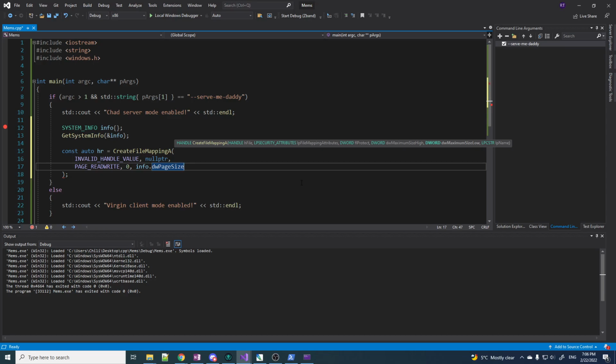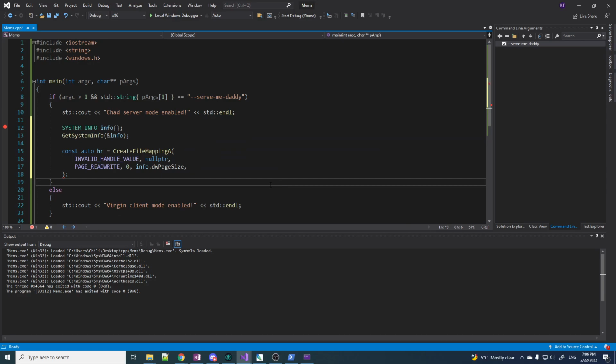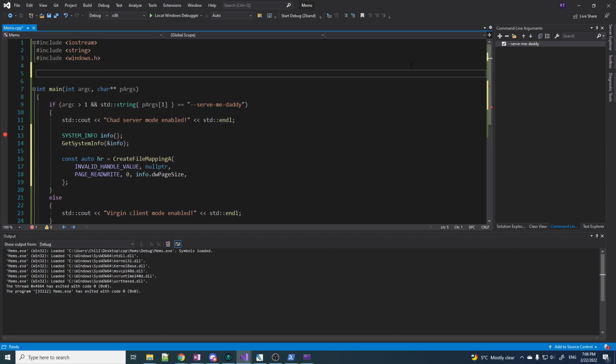And finally, we give it a name. We give a name because it's a CreateFileMapping, a named file mapping. I guess you could create an unnamed one, and then it would have to be some kind of handle. But I like names because it seems easier. So, I don't know, constexpr const char pointer to name